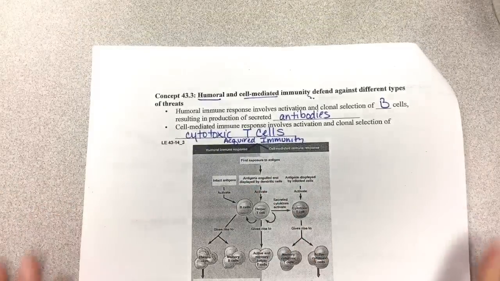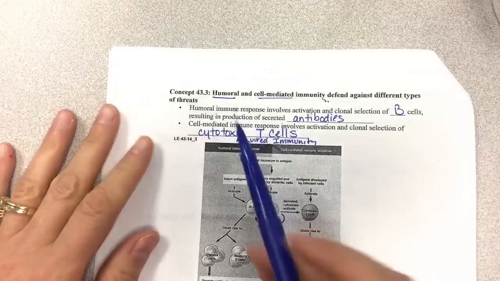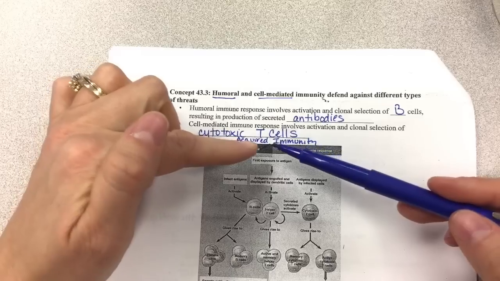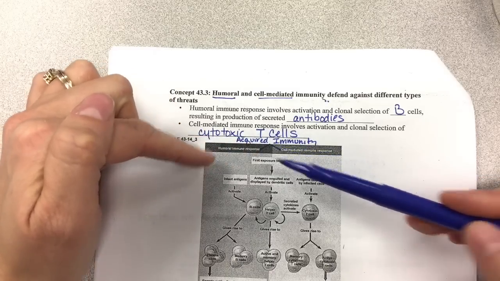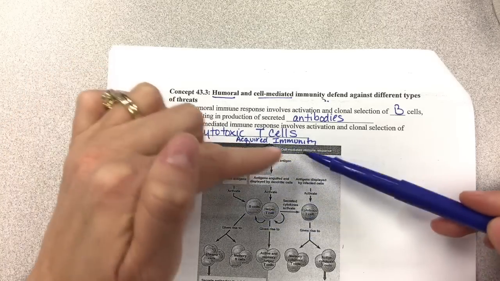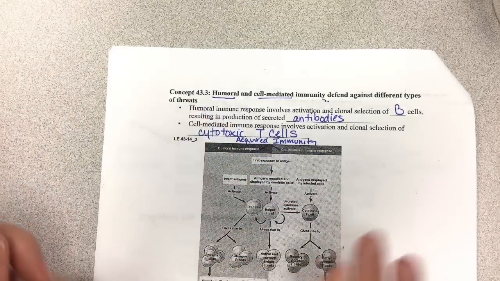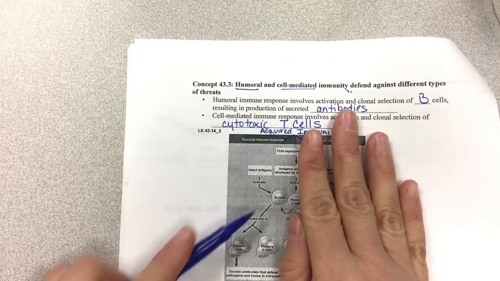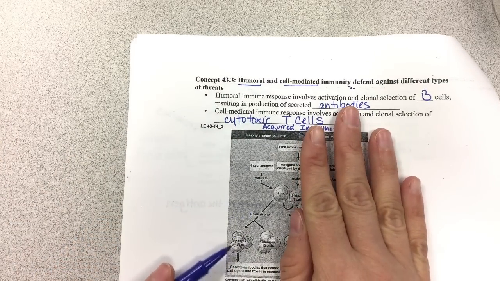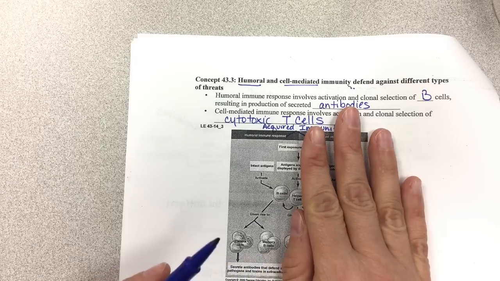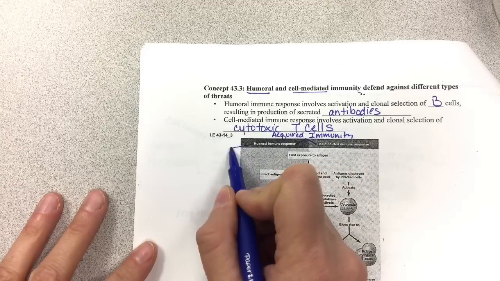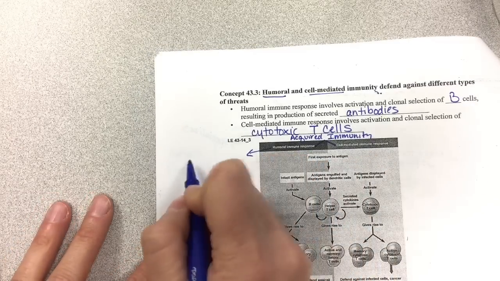Okay, so where we left off in the last video was just the overview of acquired immunity and how it's broken into two categories: humoral immune response and cell-mediated immune response. If you recall, the humoral was the activation of the B cells and how they divide and differentiate to give rise to plasma cells, which will secrete antibodies, and memory B cells. And so the reason why they call it humoral, it's right here, because it involves